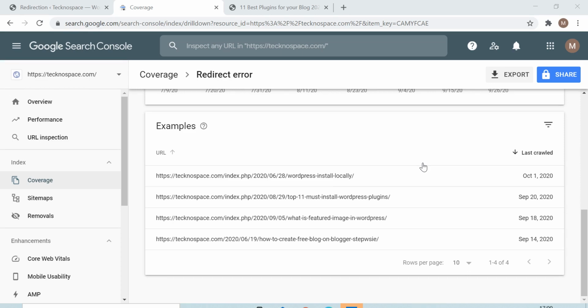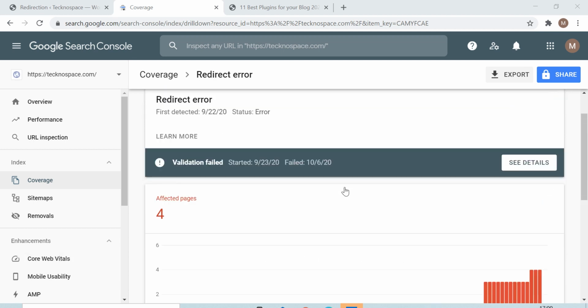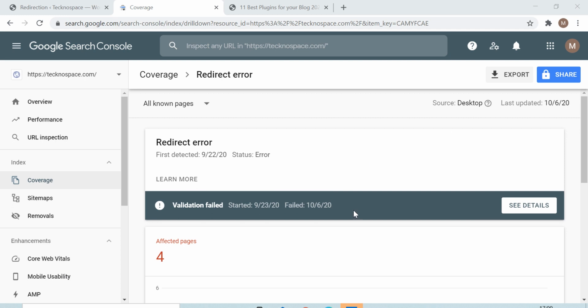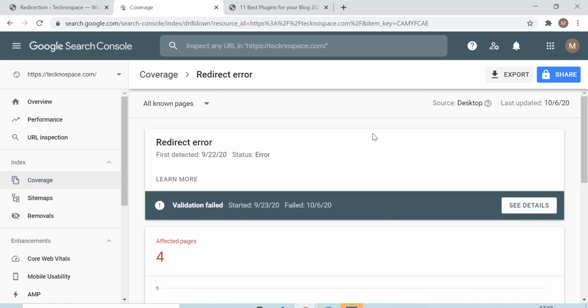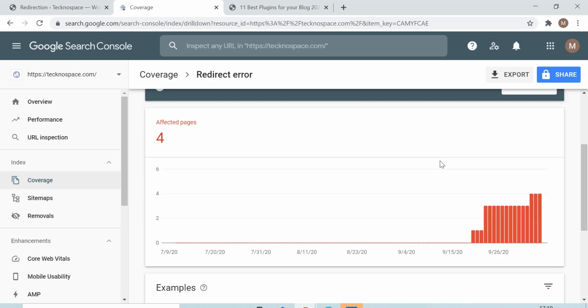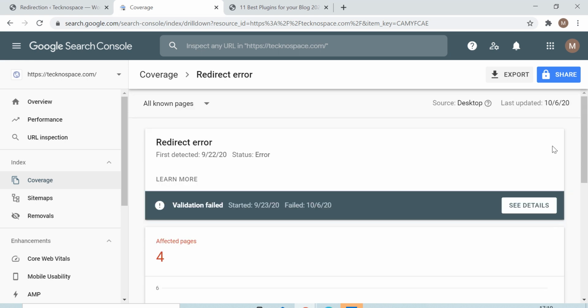So today we're going to learn how to fix redirect error. As you can see in my website, in the Google search console, I am getting this error of redirect. This redirect error is very confusing, and it definitely can impact your website performance in case you have any broken link or any link that you have rewritten, or possibly you made some changes in that. So we're going to see how we're going to fix it and how we can actually get this